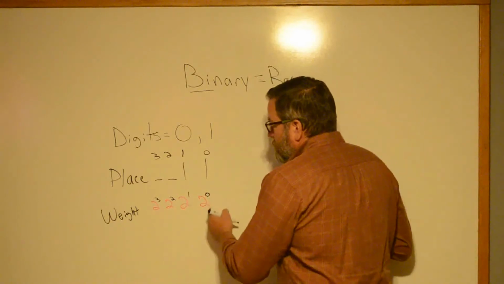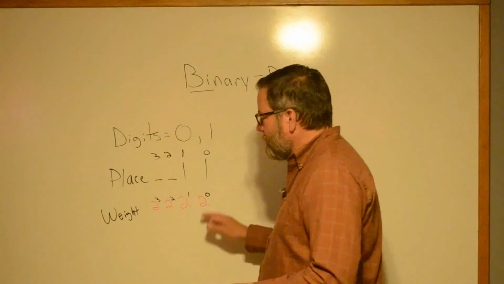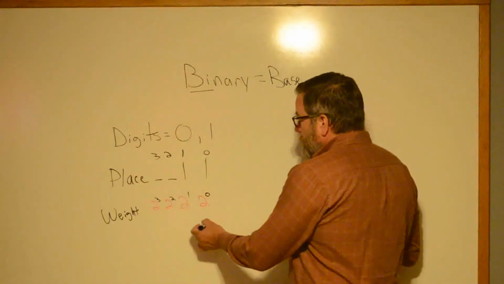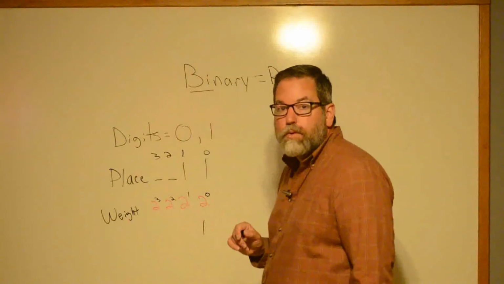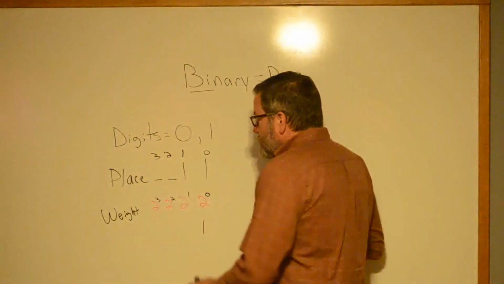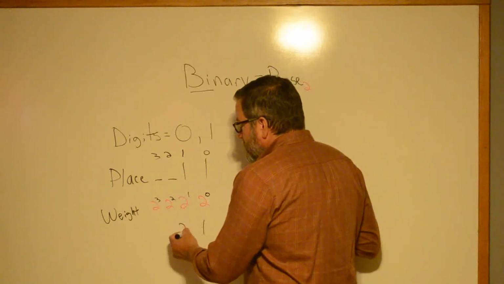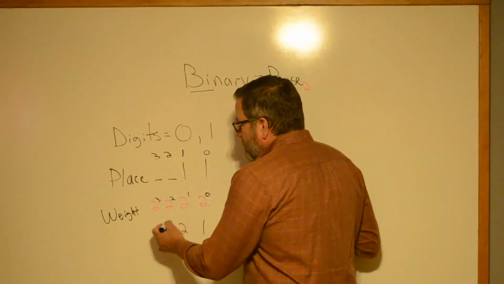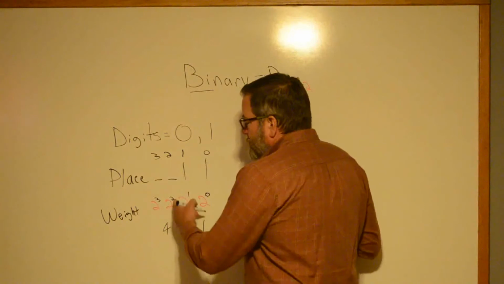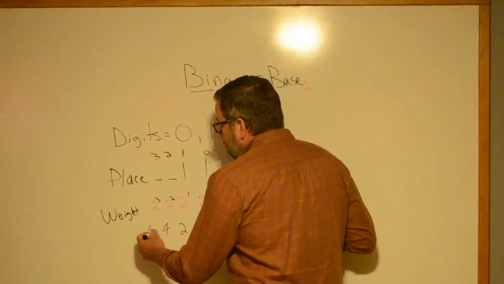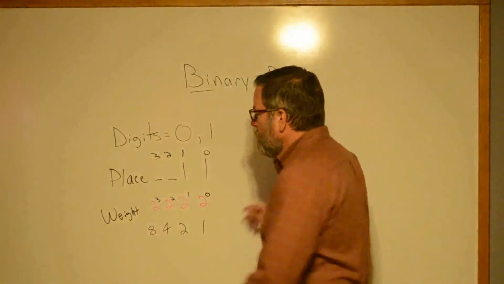So 2 to the 0th power, any number to the 0th power is going to be 1. Okay, that's just a mathematical principle. Any number raised to the 1st power is going to be that number. So in this case, it'll be 2. The weight here will be 4. 2 squared, 2 times 2 is 4. And here, 2 cubed is going to be 8. Okay, so there are my individual weights